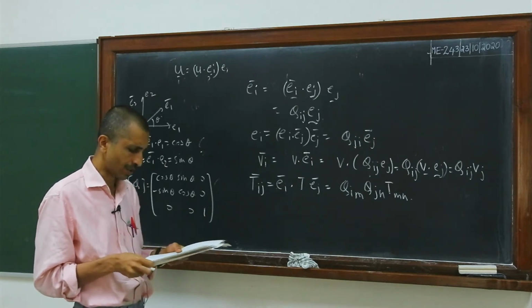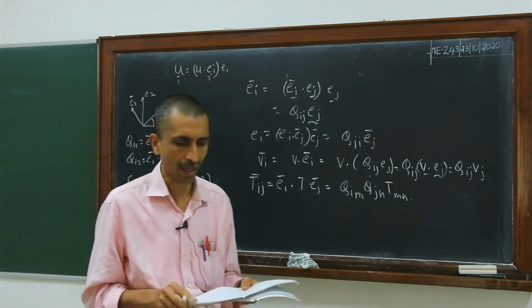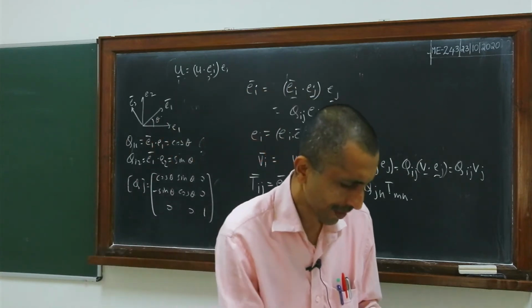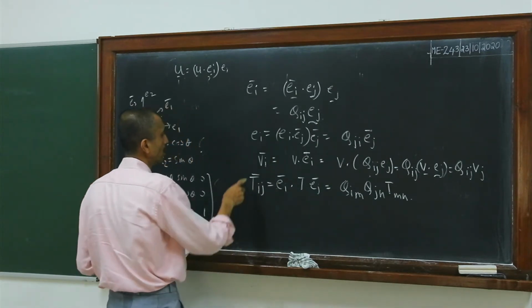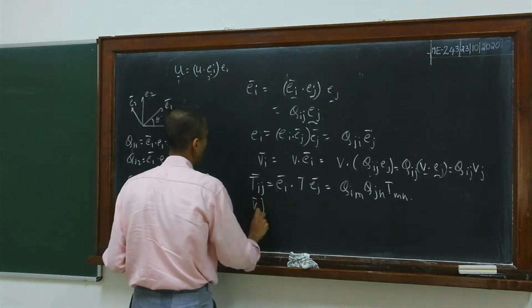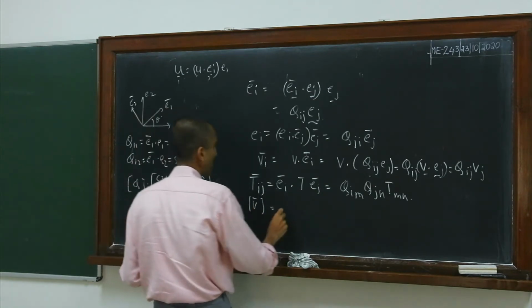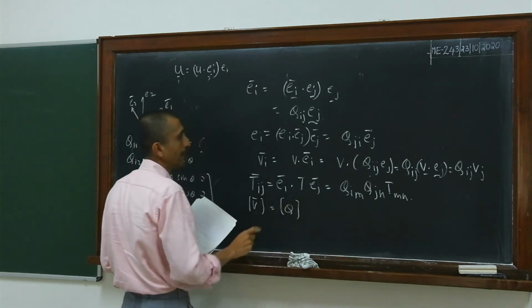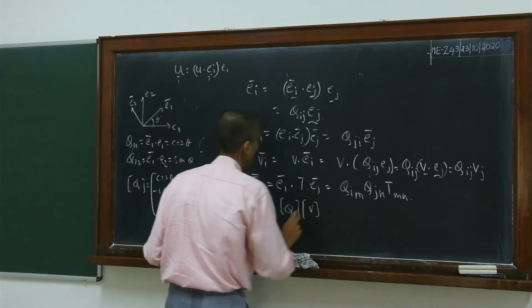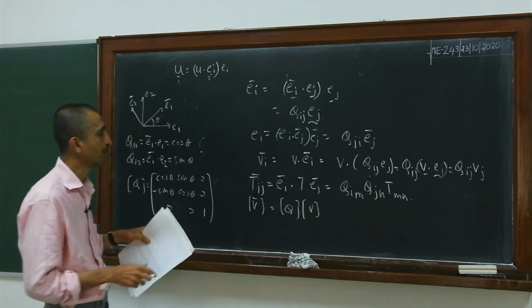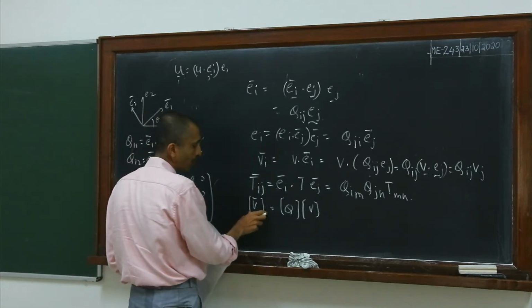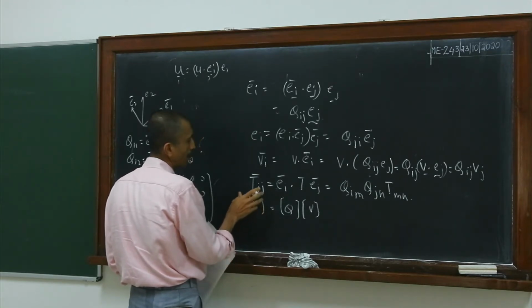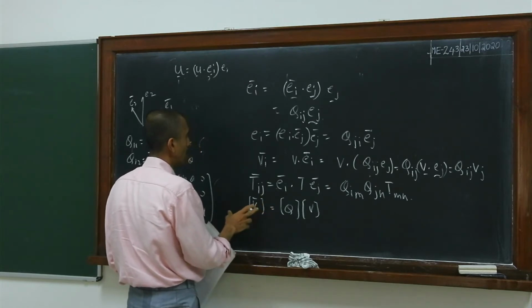Okay. So all this, that generalization we will not consider here, but I am just saying these things can be generalized. Right, and you can also write it in matrix form. So suppose if I write the components of this vector V bar, then that I can write as the matrix of Q times the matrix of V. Okay. So that I can write it in this particular way. So when I put the brackets, that indicates the components of a particular vector with respect to a given basis. Okay, so this is different.